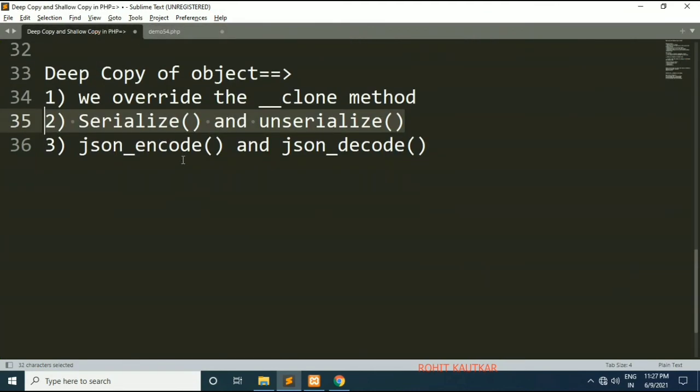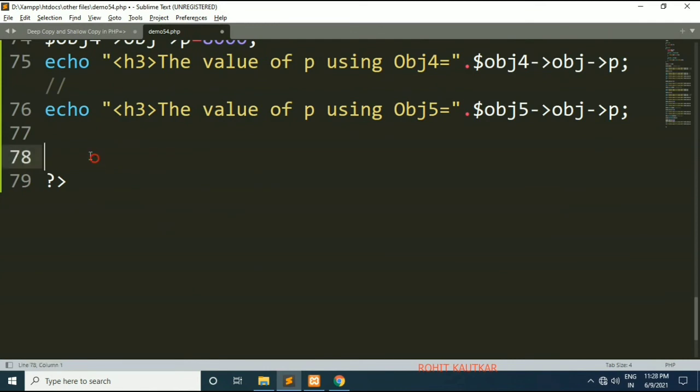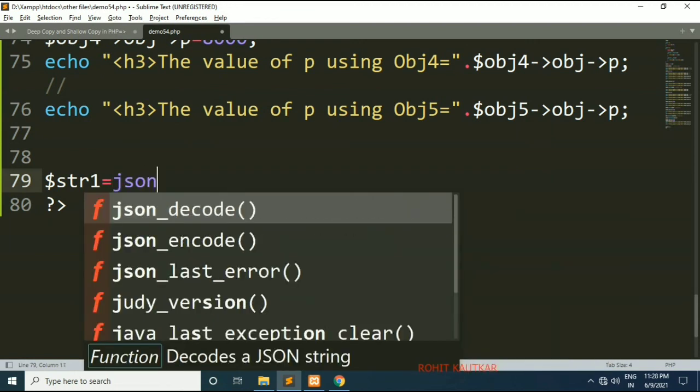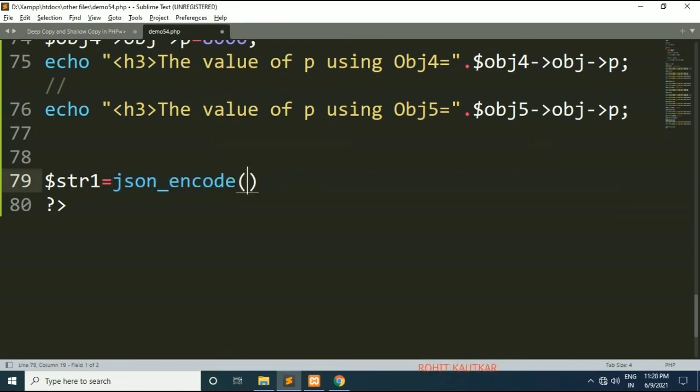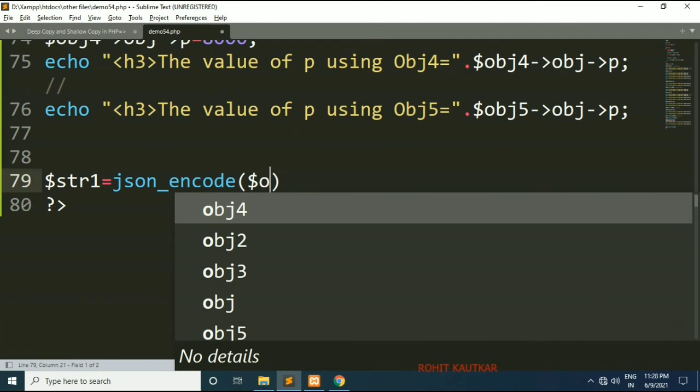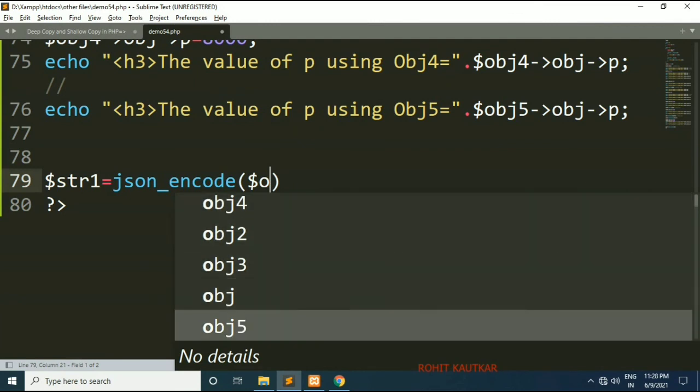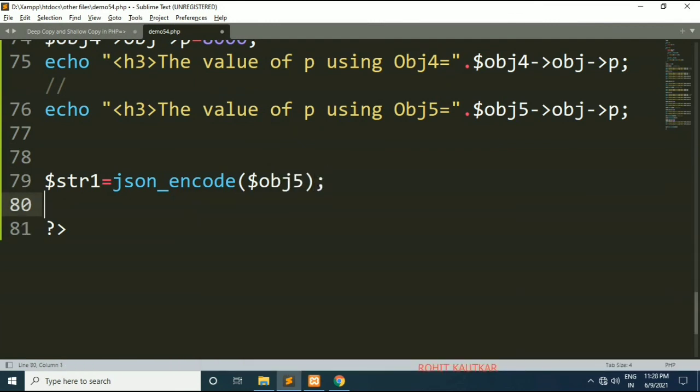Friends, you can also use JSON encode and JSON decode function for creating the deep copy. So I will show you how you can do that. Here I will write $str1 is equal to JSON encode and pass the object which you want to copy. I want to copy, let's say, object 5.